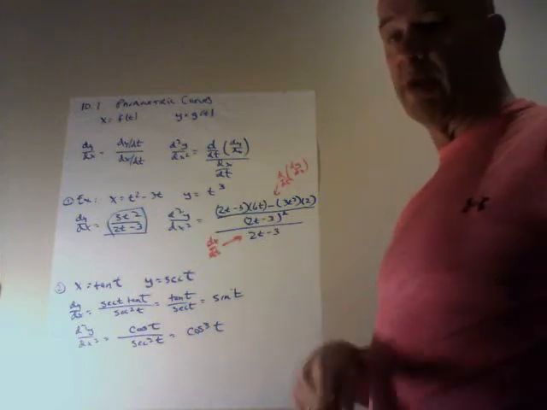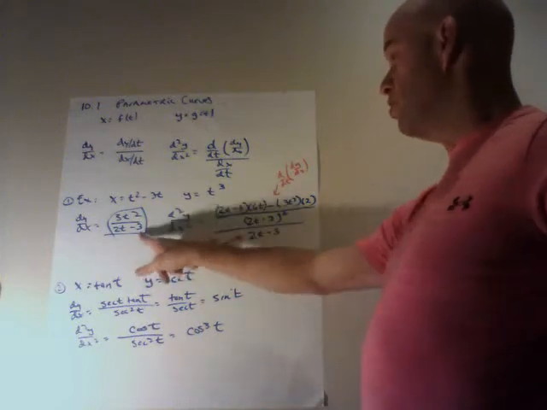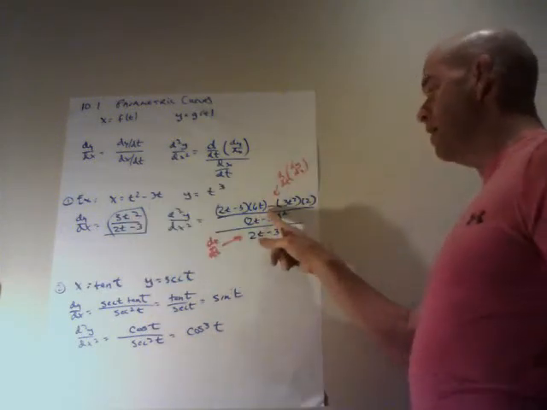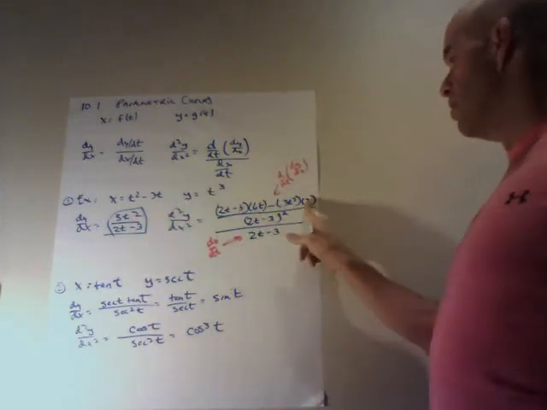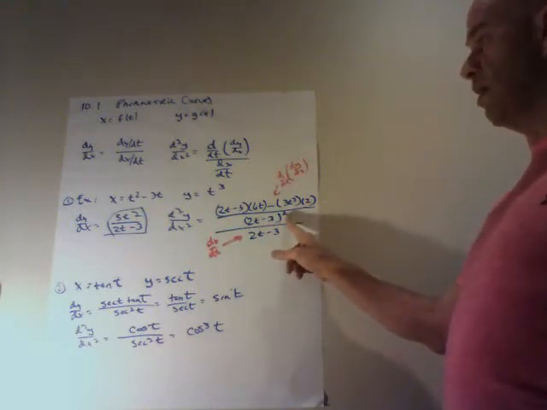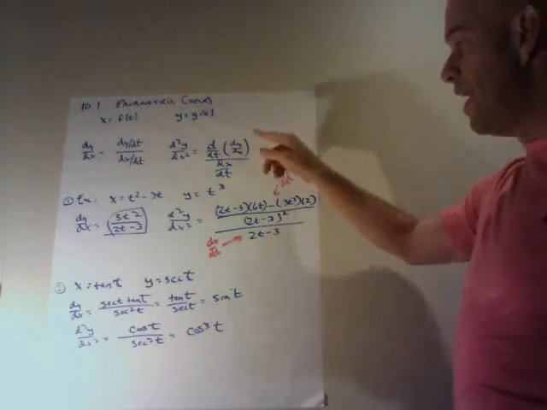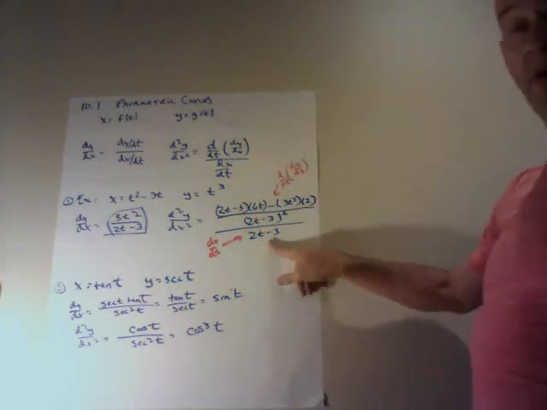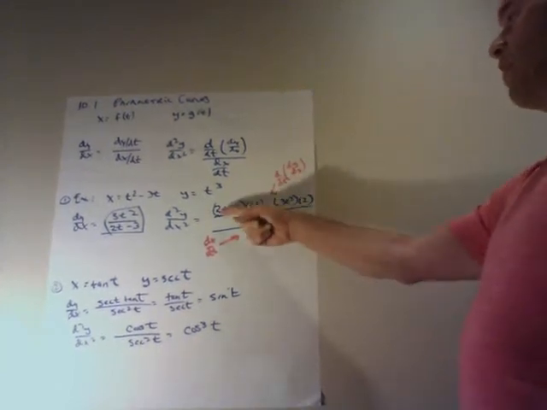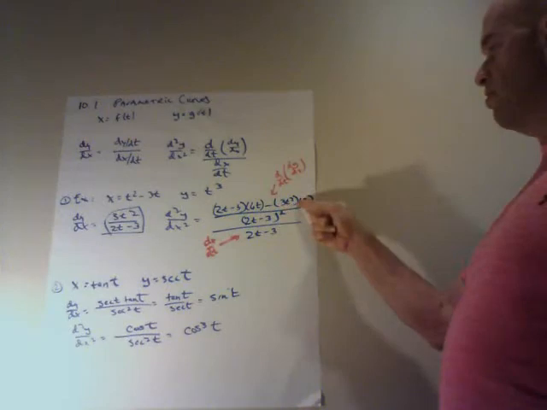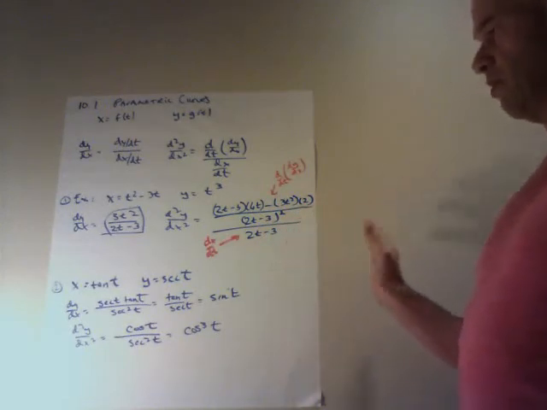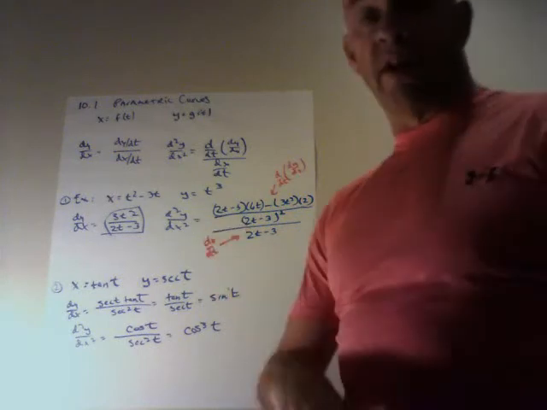All these rules better be reviewed, which is (2t minus 3) times 6t minus 3t squared times 2, over (2t minus 3) squared. But then I have to divide that by dx/dt, which is 2t minus 3. So you could simplify this one and say it's equal to this divided by (2t minus 3) cubed. I'm not that interested in that. So now let's go to one with